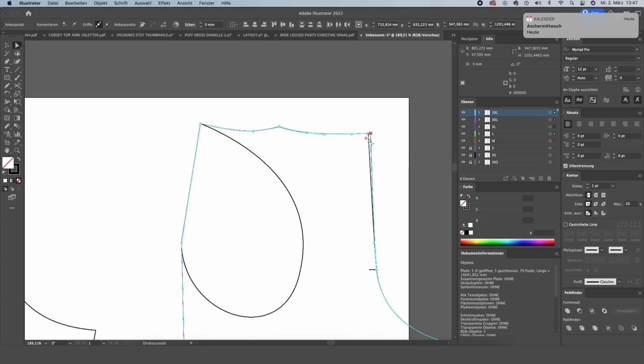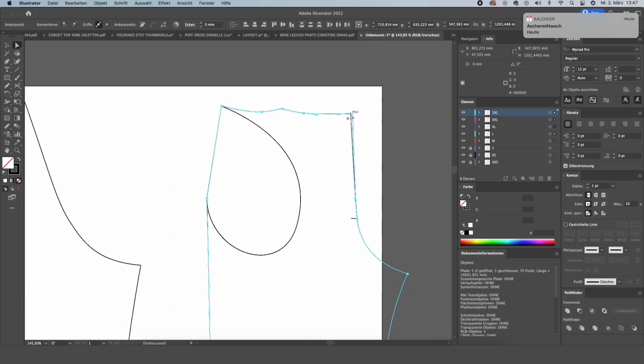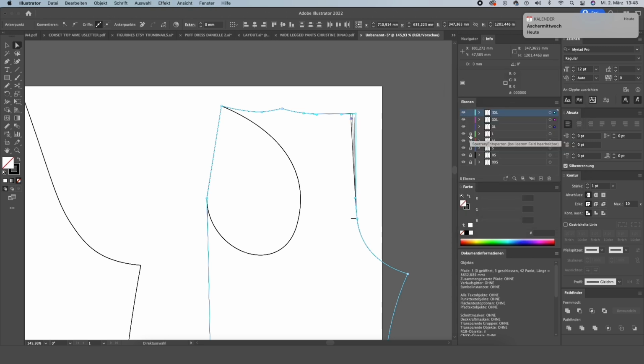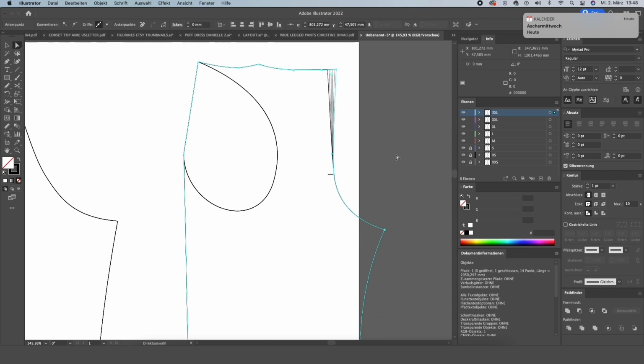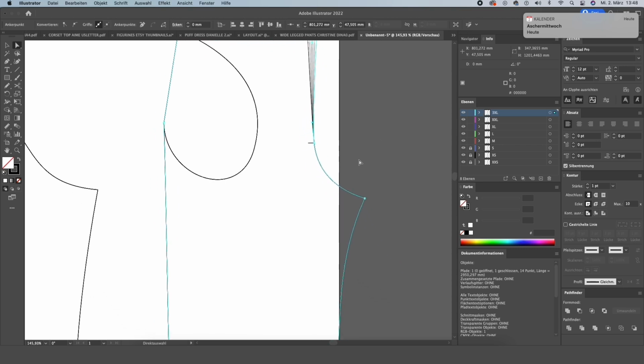So the path that you can still see here that did not move is S, XS, and XXS. That is locked. So what we're going to do now is lock the smallest size of our selection. Click the same command, lock, move, and so on until we are done completely. Then we unlock all of the sizes that need to be graded bigger, and we can continue with the next